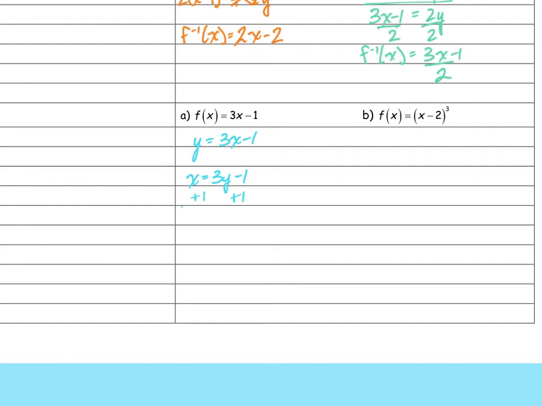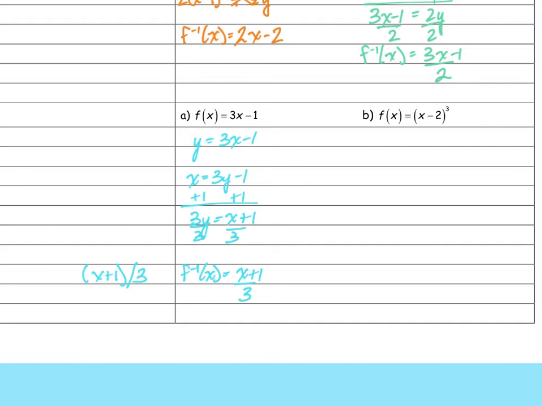Add 1 to both sides. So I've got 3y equals x plus 1. Divide by 3. F inverse of x is going to equal x plus 1, divided by 3. And if I was putting that into the chat box, just like before, I would go x plus 1 divided by 3 in parentheses. Okay, and then